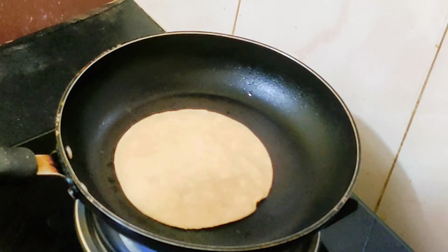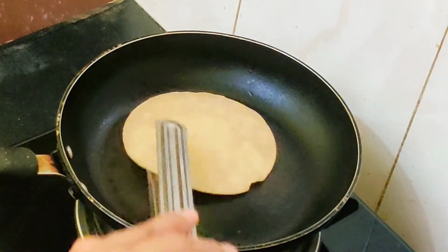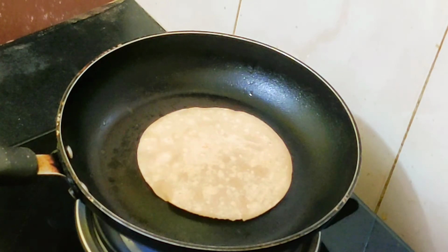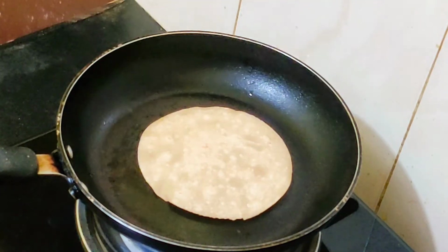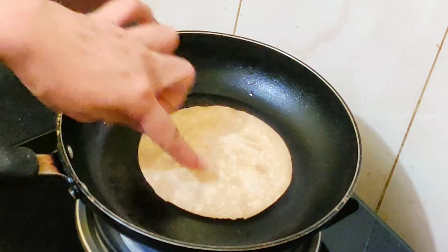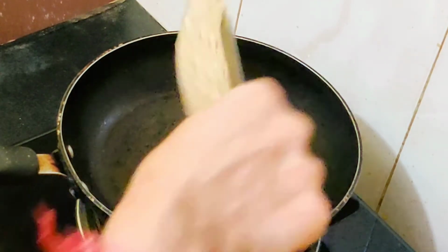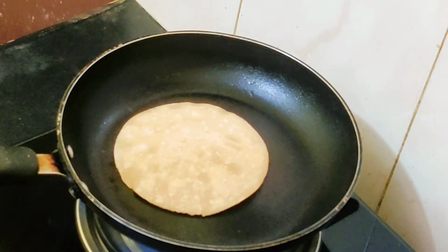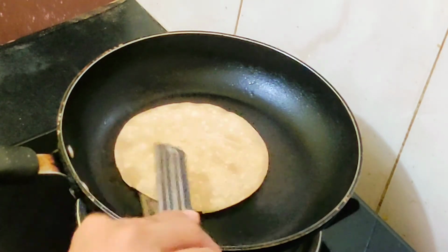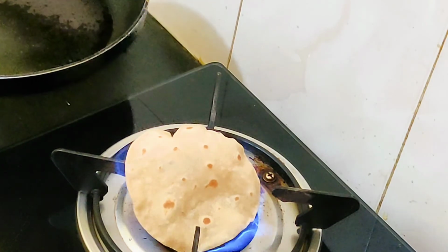and look for the small bubbles appearing on side B, which is this side that you can see. And now flipping this B side on the tawa, and slow down your gas. Now side B has to be cooked very well on the tawa itself. Okay, it's almost ready. Now increase the flame, use a tong and flip side A on the gas, on the